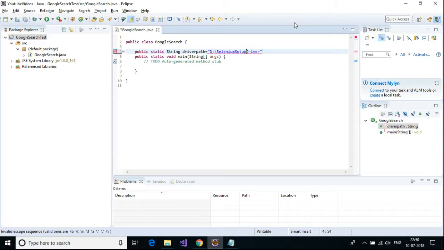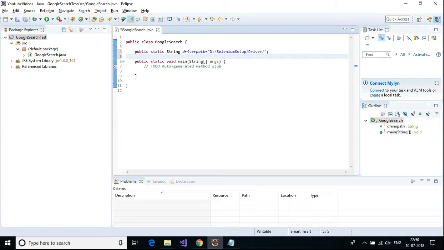So please ensure that it is forward slash rather than a backward slash. Okay, at the end also I will give a forward slash. Okay, after this I need to define an object of WebDriver also. So to do that, I will also have